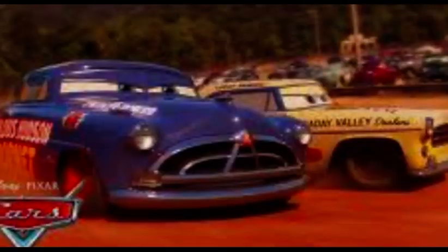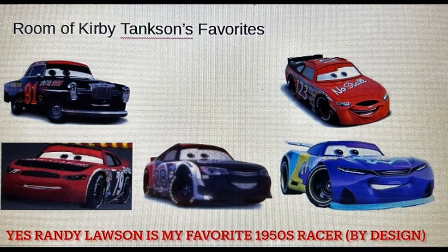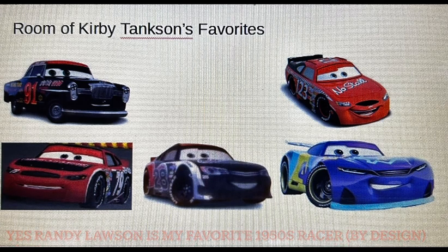And yes, I know, there's a whole generation of racers called the Deluxe Racing Days racers. But to be honest, at this moment at least, I have no plans on ranking them. Sorry guys. But enough about that. It's time to show who is my favorite Cars 2005 teaser trailer racer. Who will be considered one of my favorites from their respective generations? Well, that racer will be